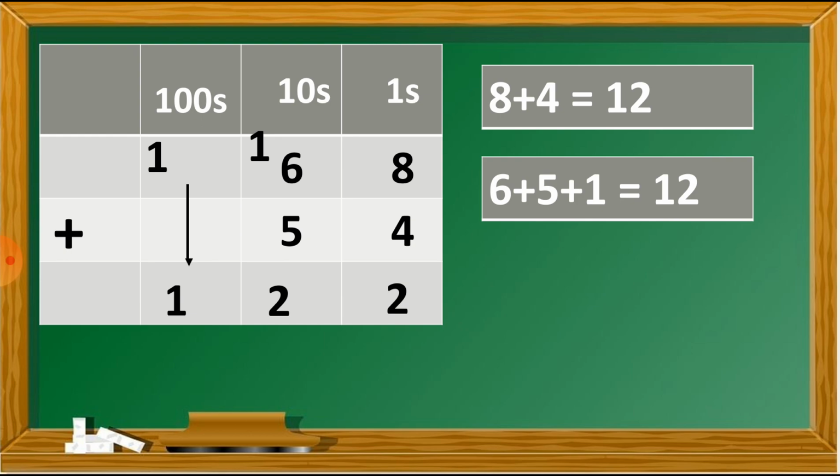Hope you understood this, and you can see we regroup twice in this sum. We regroup the ones column and we also regroup the tens column. You can see we put 2 carries in the one sum. So it means we regroup twice in one sum, and we have to regroup this way in the other sums. Hope you understood, students, and there is no doubt regarding this topic. Let's see some more examples so you will understand this concept better.